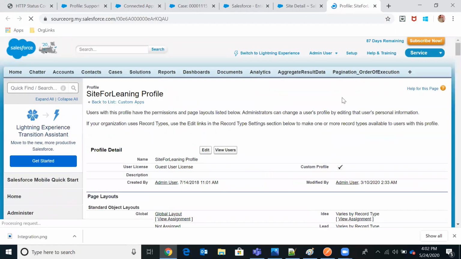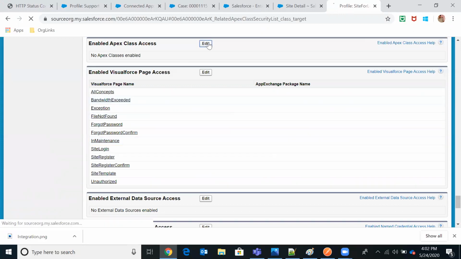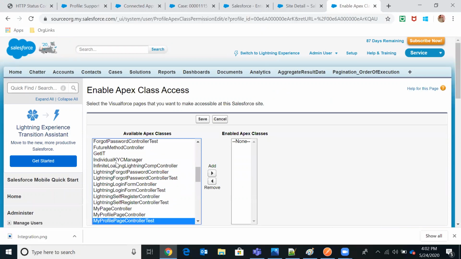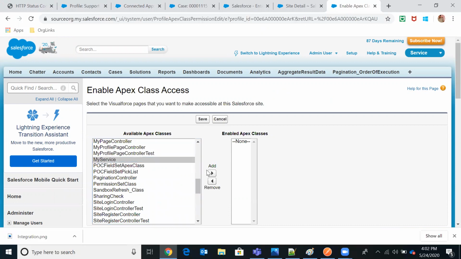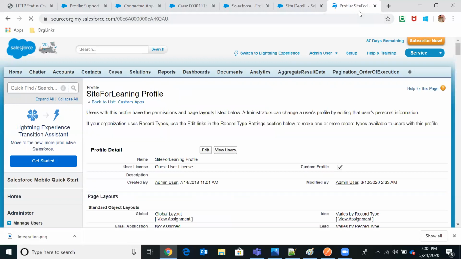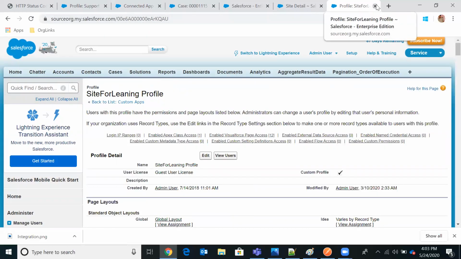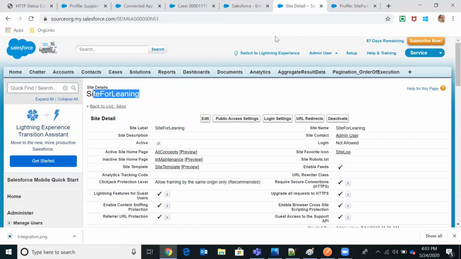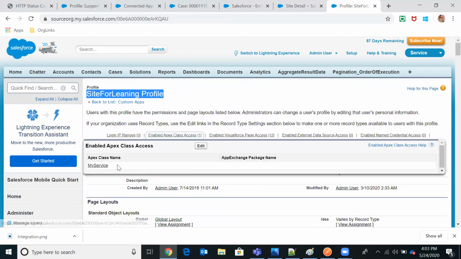Here I have a profile, and for this profile, I'm just enabling the service class. Go to Apex class, my service class. So now this is our force.com site related profile, and for this profile, I have given access to this service class.